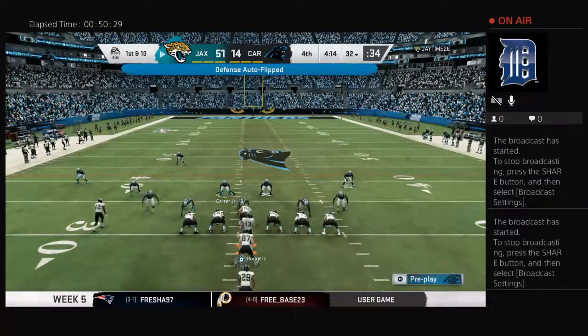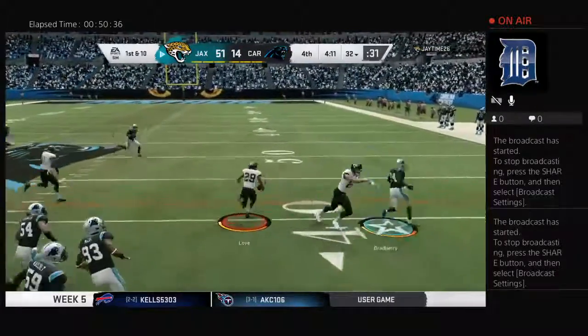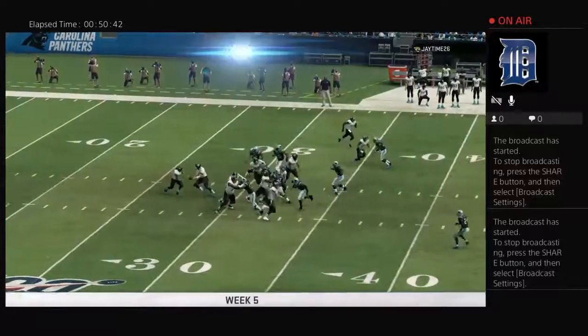Jaguars come to the line to start their next drive. And this game comfortably in hand. The scoreboard speaks for itself, but you still got your starting quarterback out there. When do you go to the backup? Let him get some time. And that's one of the great questions in the NFL, Brandon, because I'm just going to tell you, in the